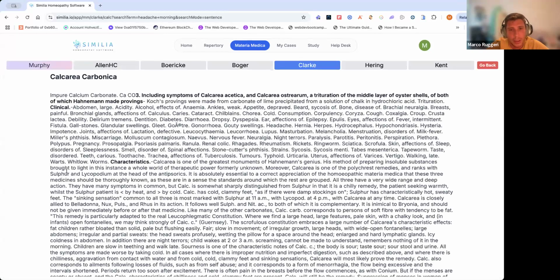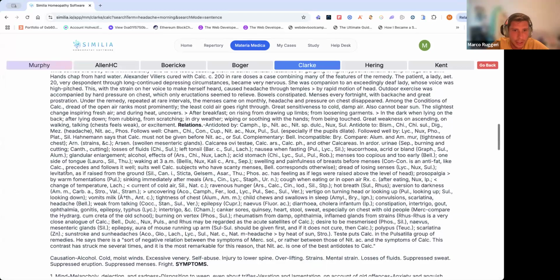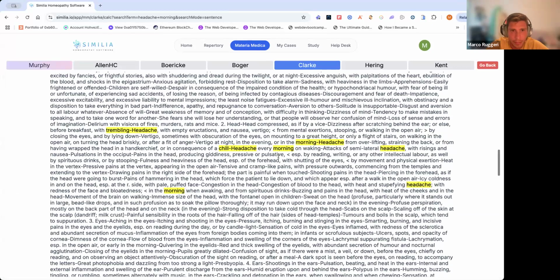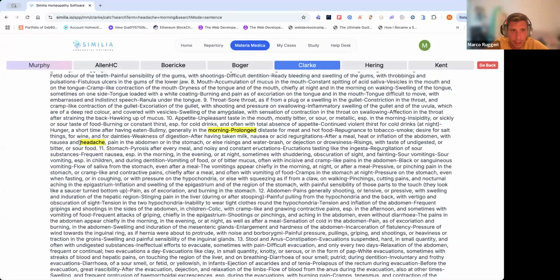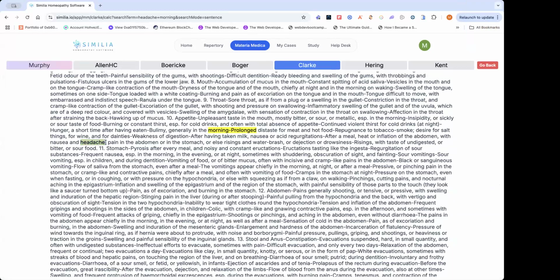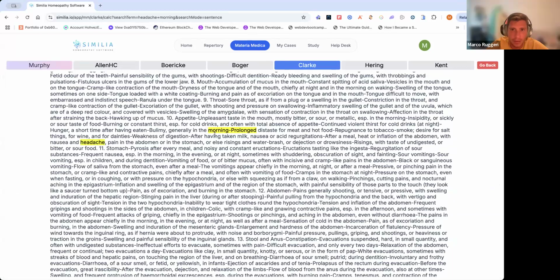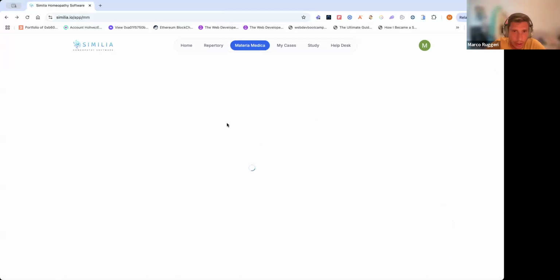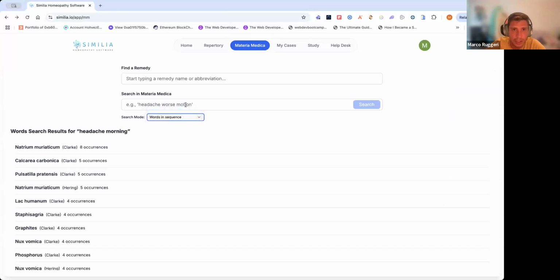So when we make a materia medica search and then click on the remedy, the words that we searched for will be highlighted in yellow in the materia medica. As you can see, we have the words headache and morning here, even if they are not one after the other, they are still coming up. While if we would have searched for words in sequence,